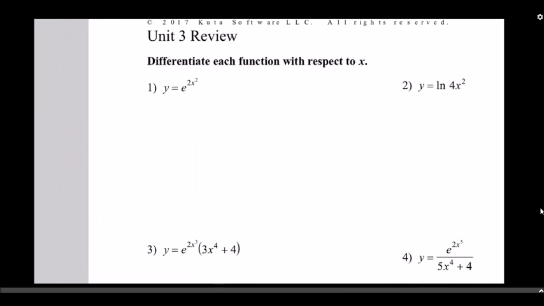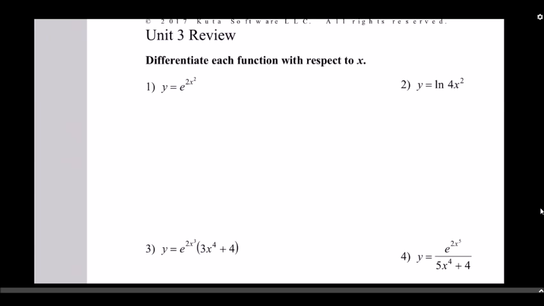Now, starting here on question 1, the derivative of the exponential function. The rule to keep in mind, if you're taking the derivative of e to the u, is that it's simply e to the u times u prime. Let me rewrite that: e to the u times u prime. So what we have here